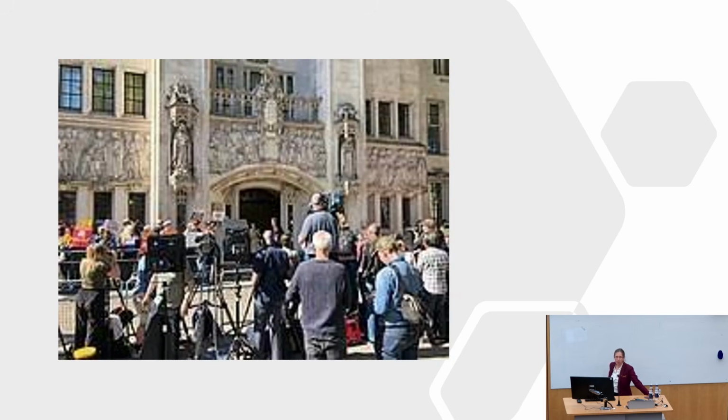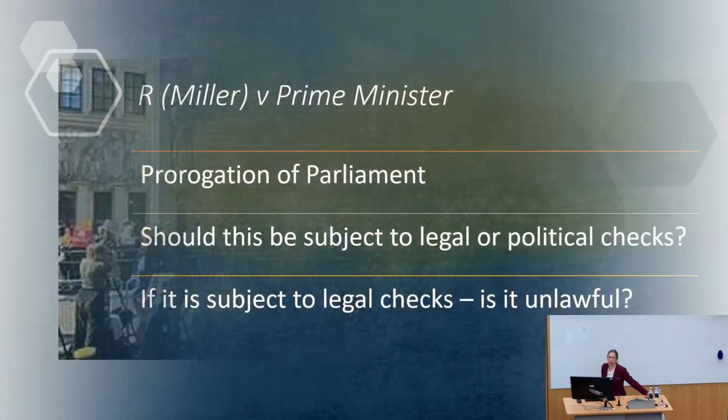So you had on one side people protesting because they felt that Parliament's powers had been removed. They wanted democracy returned. They thought the government had gone too far. On the other side, you had people protesting, saying the courts are going too far. The court shouldn't be hearing this case. There was a referendum. Get Brexit done. Get out of the court. Get on with it. Okay? And this is all against the backdrop of what was going on in Miller.